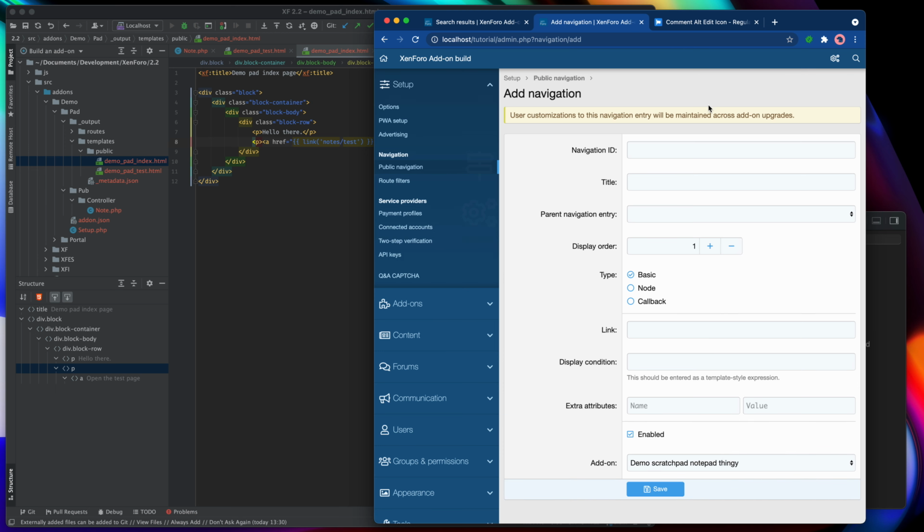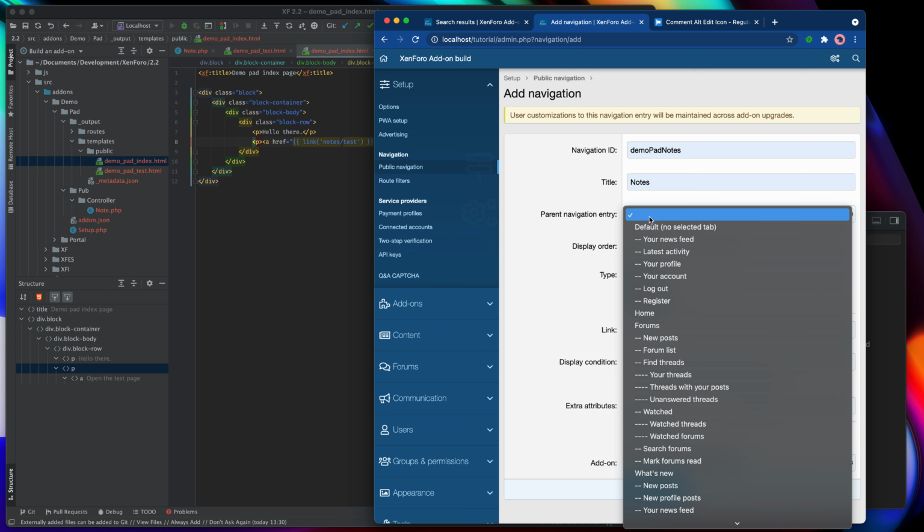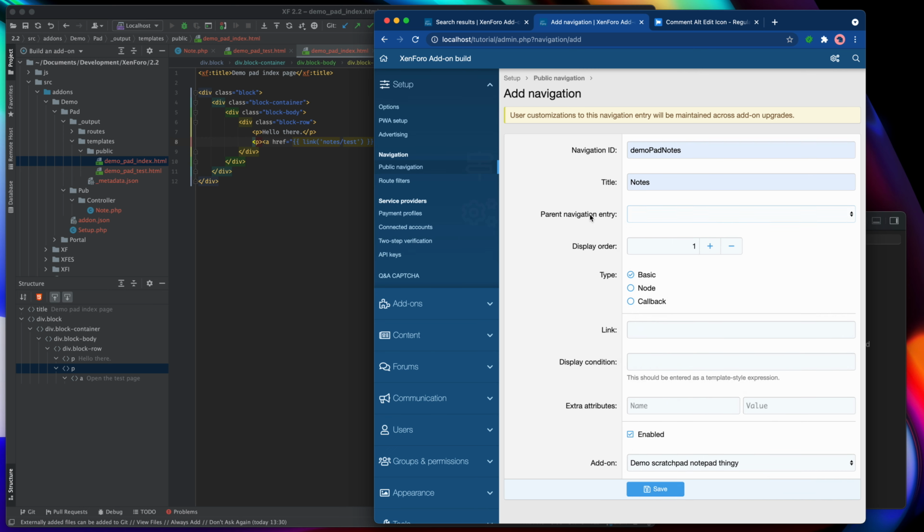So let's add a new item, and we'll call it demo pad notes, which you can see I've already set up there, and I'm going to call it notes. The parent navigation entry is going to be nothing, and the display order is going to be something greater than 600, so I'm going to give it a display order of 1000. And the type is a basic link. I'm not going to make its display conditional, it's just always going to be there.